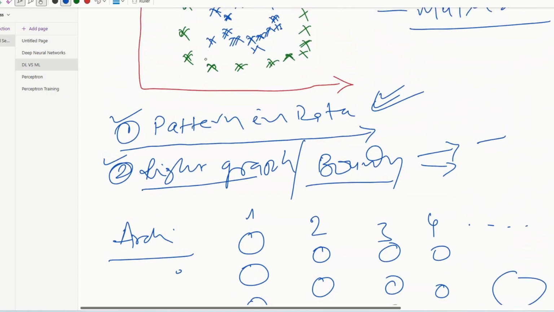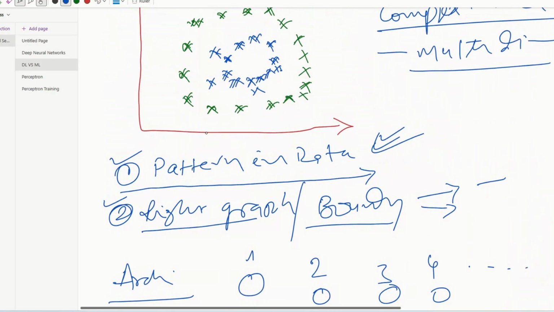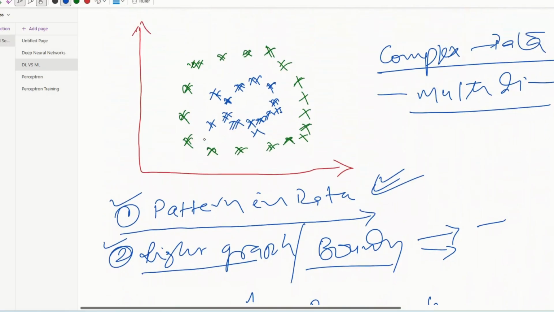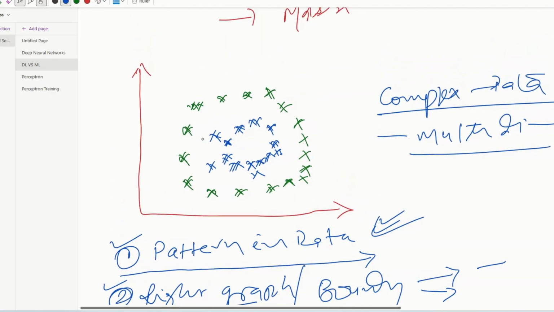First, every layer, you can see that if the data is very complex, then maybe you have to build multiple layers. And the first layer, as I told you, will try to find the pattern. So how does it find the patterns? Maybe at the first shot it will not find the right pattern. Let's suppose, let's pretend that